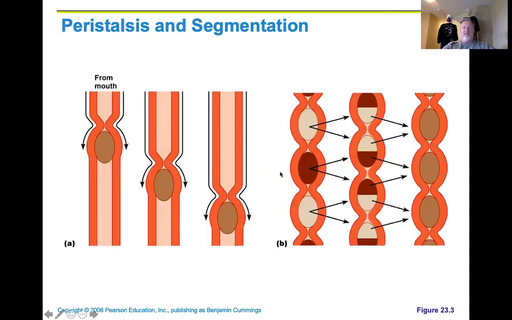So this slide here, or figure 23.3, shows peristalsis and segmentation. So these are the wave-like contractions squeezing in behind the bolus of food and pushing it down. I always compare peristalsis to squeezing a tube of toothpaste. Okay, so back to our